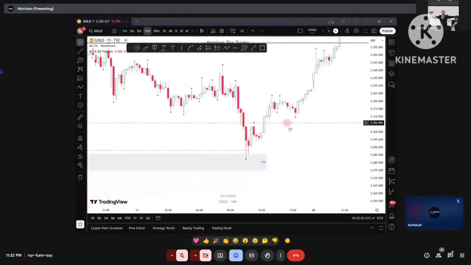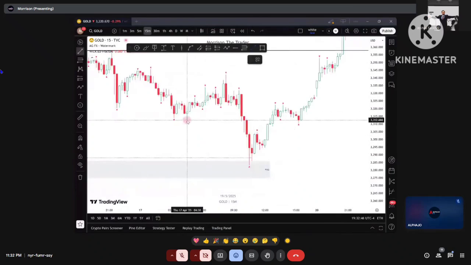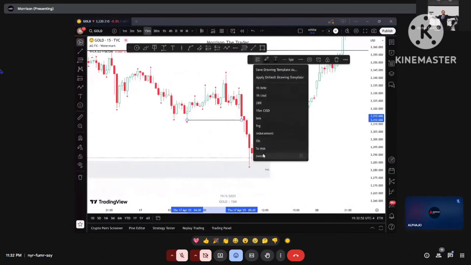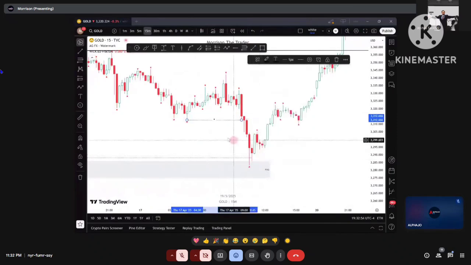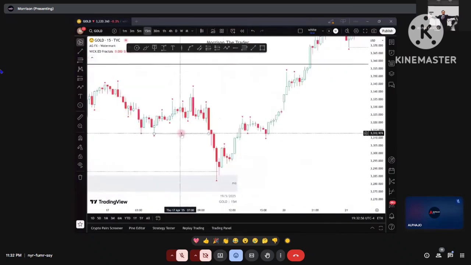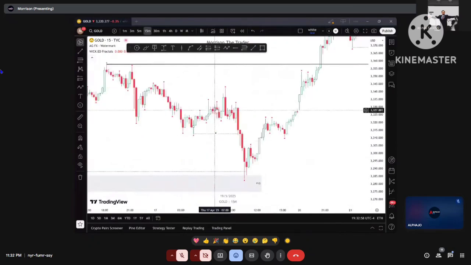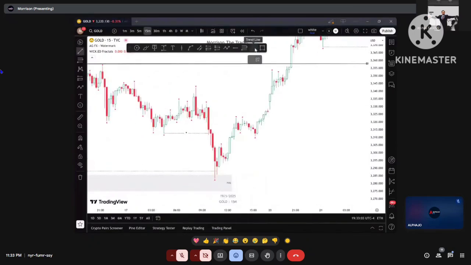So this is the low that got swept. This low right here, it got broken. So I'll indicate this with a sweep, and that is all an asterisk, right? It then went into the fair value gap, okay, and then it came above this side. So practically, under normal circumstances, this is the high that we are going to use, right? This is the high that we are going to use. So right there,